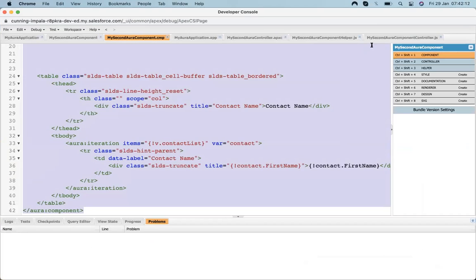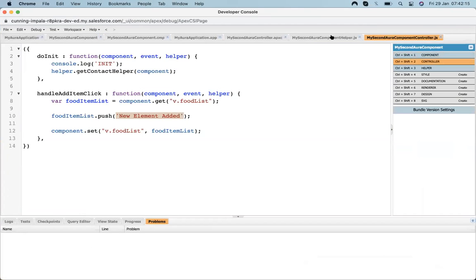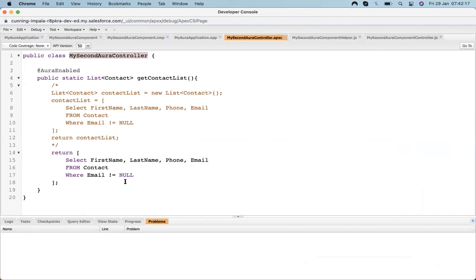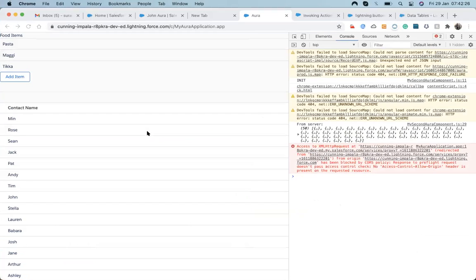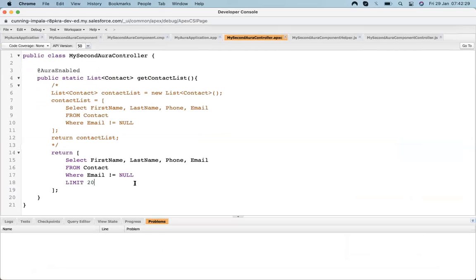Since it is fetching lots of records, let's truncate the number of records. Let's put a limit over there. It will show 20 records only, and it should be ordered by name.